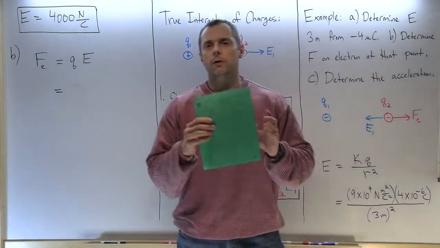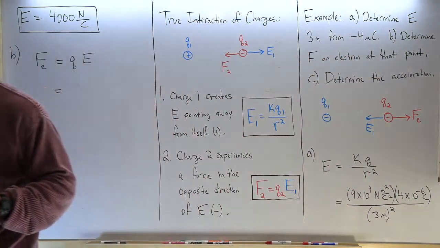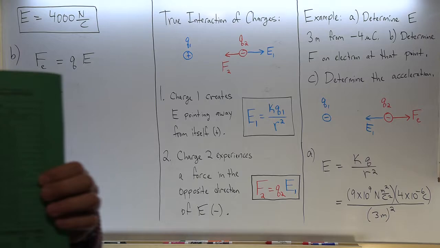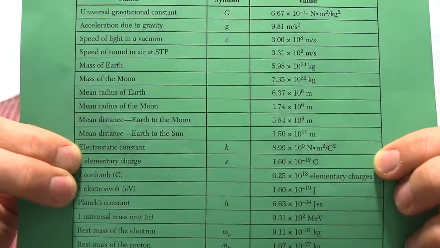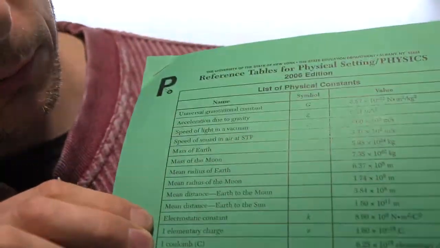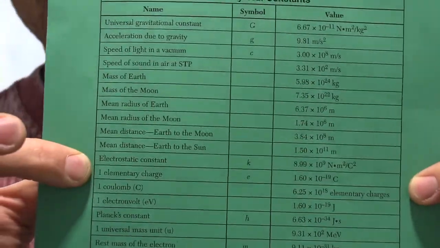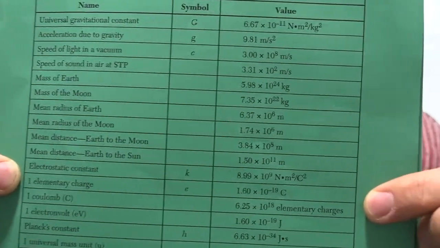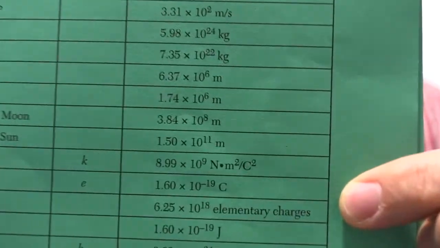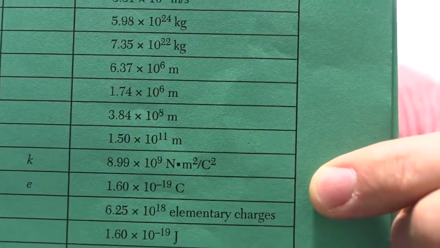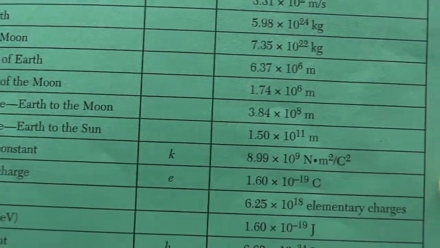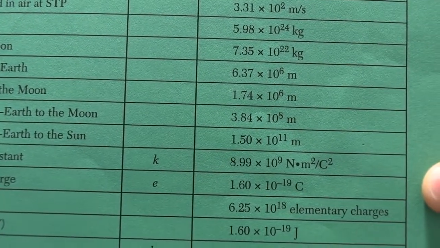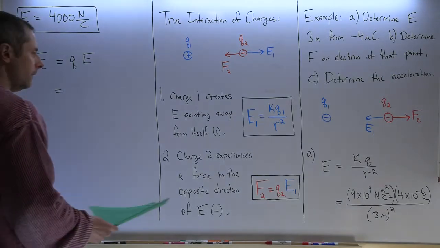You will not find it on the reference table as such, but what you will find is right here, 1 elementary charge, and on this side you can see the 1.6 times 10 to the minus 19th. That's the 1 elementary charge, the charge on an electron and a proton, symbol lowercase e. But it's an electron, so